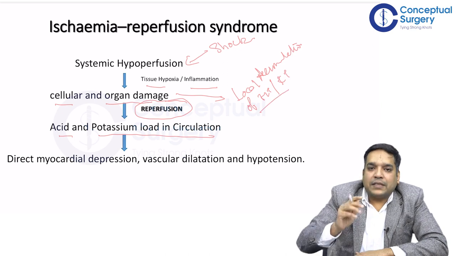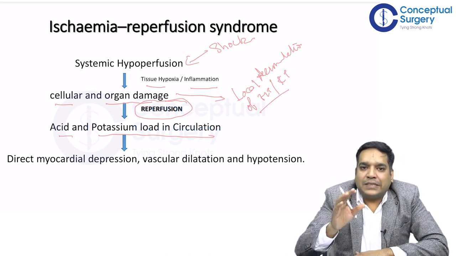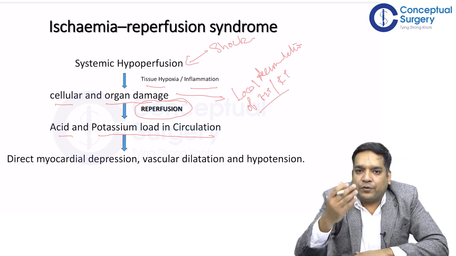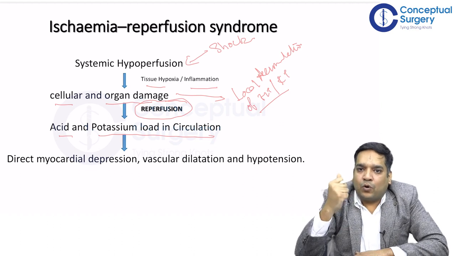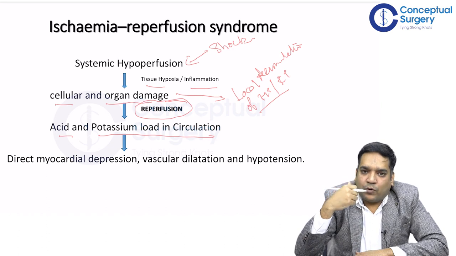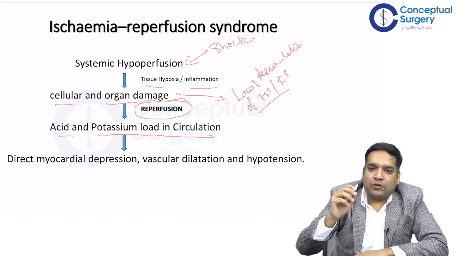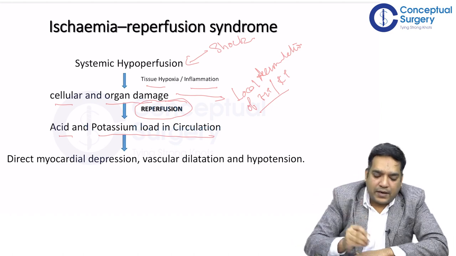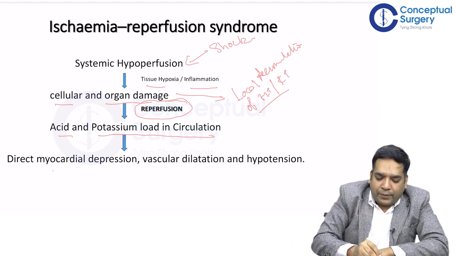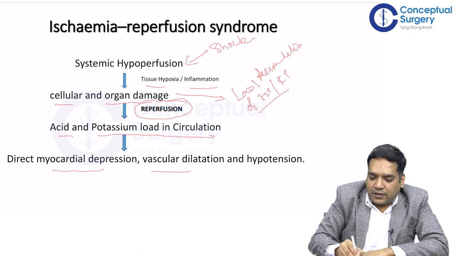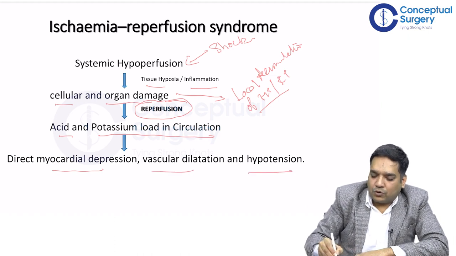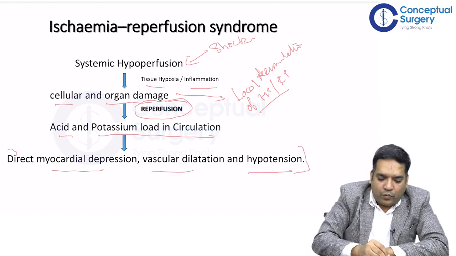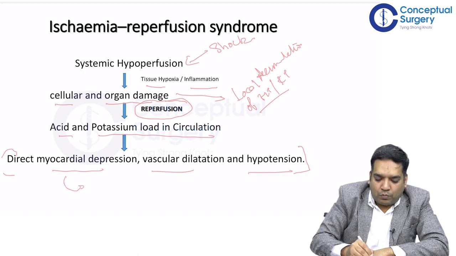So, whenever these damaged, ischemic tissues get reperfused, their local load of potassium and hydrogen ions enters the main circulation. Because of entering the main circulation, it leads to myocardial depression, vascular dilatation and hypotension. So, all these factors are going to do more systemic injury,